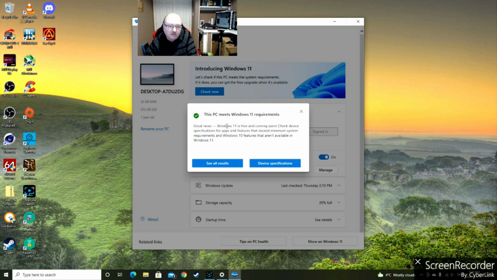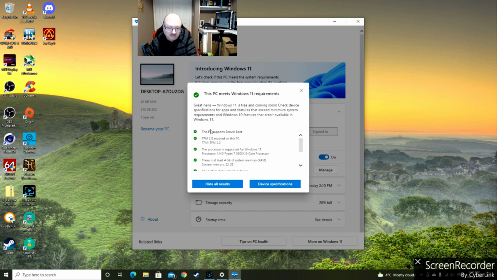Great news. Windows 11 is free, coming soon. Well, it's available now. Check your device specifications for apps and features that exceed minimum system requirements and Windows 10 features that aren't available. All right, so that's what you want to go in and check and just make sure. But anyway, see all results. TPM 2.0 is enabled. No module was inserted. PC secure boot mode, everything is as before, except that now that the TPM module is enabled,